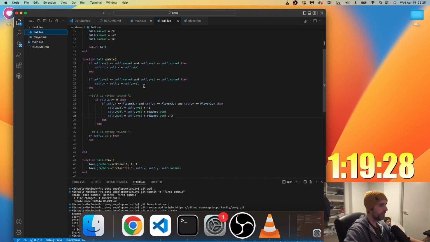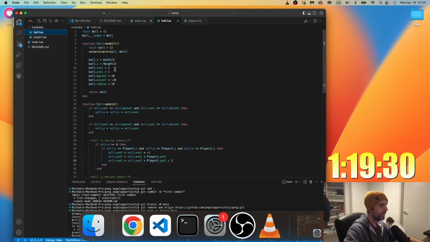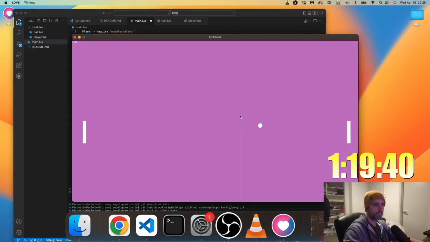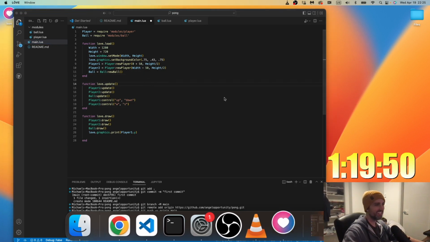Let me just try something like, instead of saying 1, I'll say 0.1, just so that it maybe doesn't crash right away. Okay, let's see what happens when it hits the paddle. It goes straight through the paddle. Yeah, I saw it. Straight through the paddle. All right, I don't want this, because the code's not working.